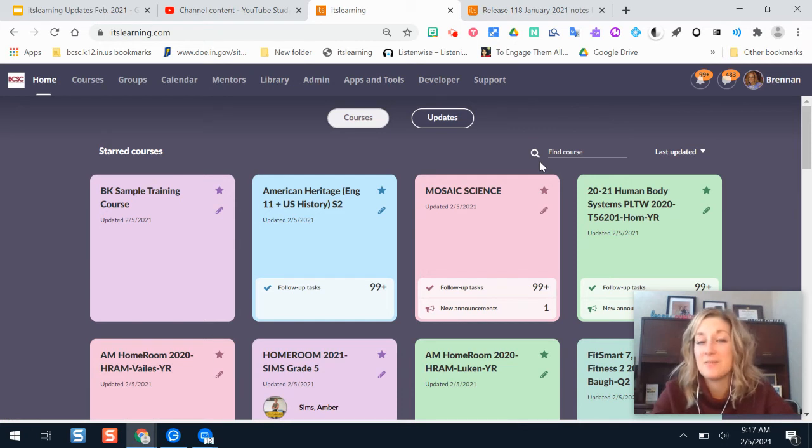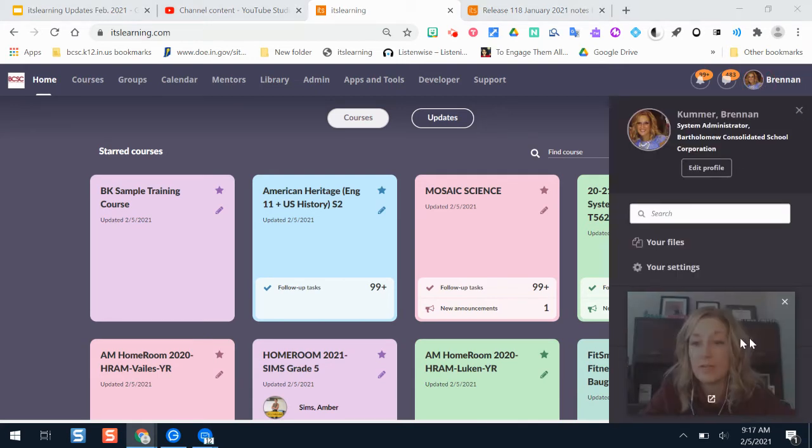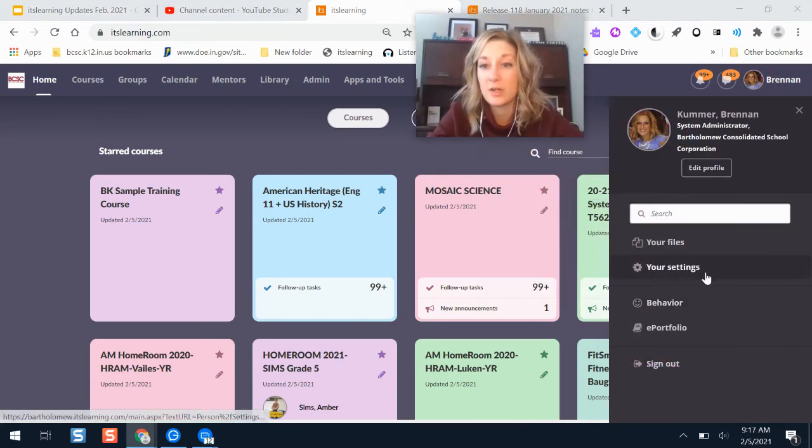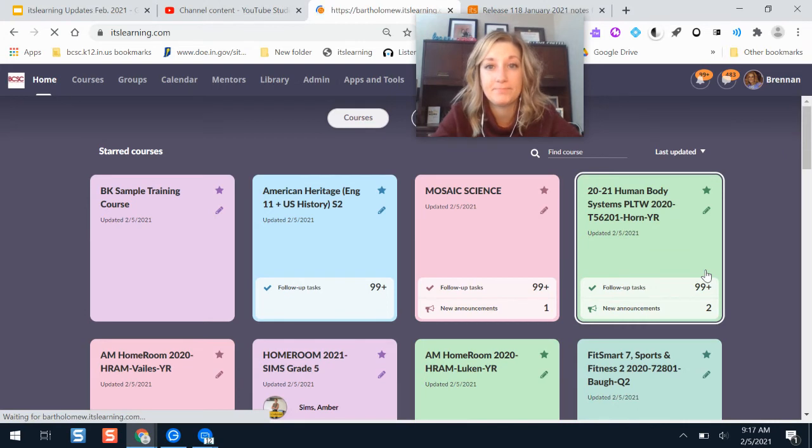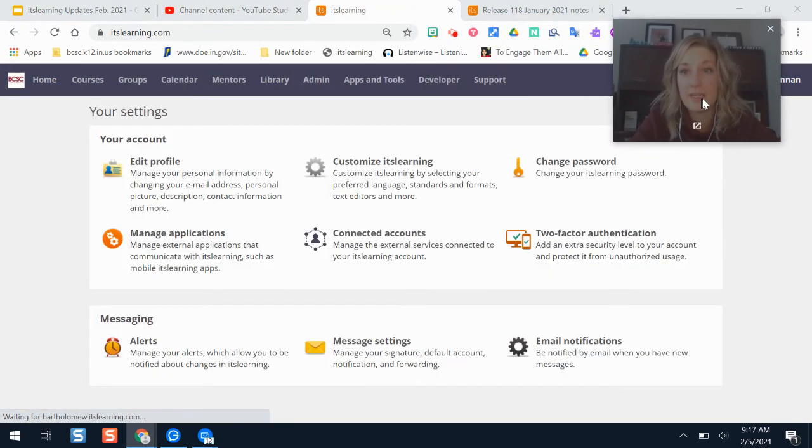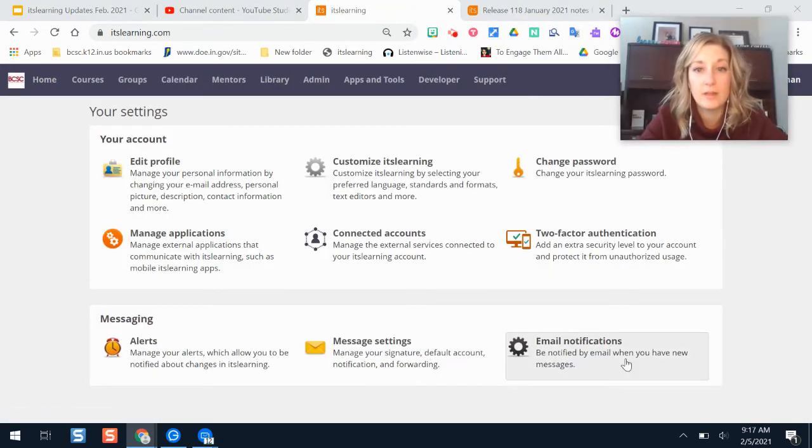If you're thinking, I didn't know that I could get email notifications and I want to set that up, you can for sure do that. What you're going to do is click your profile over here. All right, and then you go to your settings. And when this is loading, I'm going to move myself back over. All right, so if I do alerts,